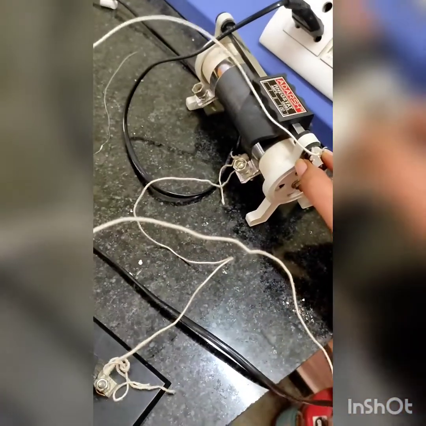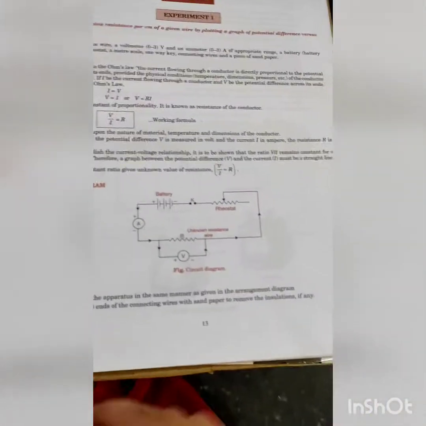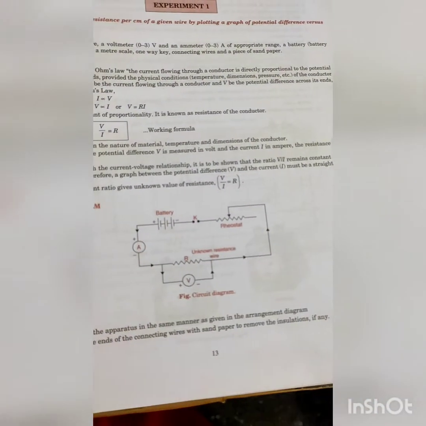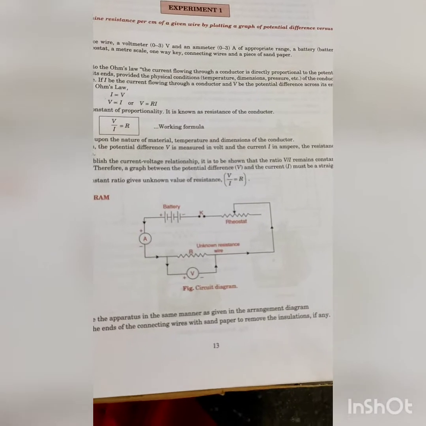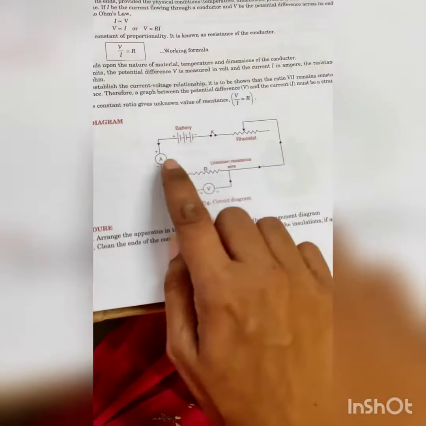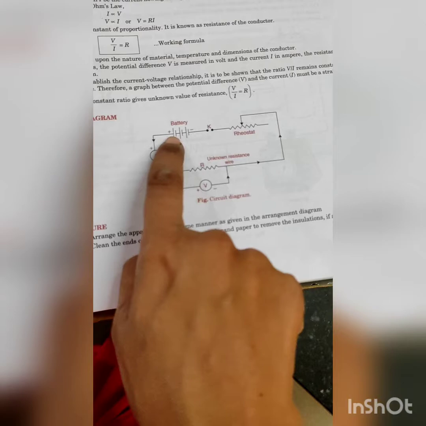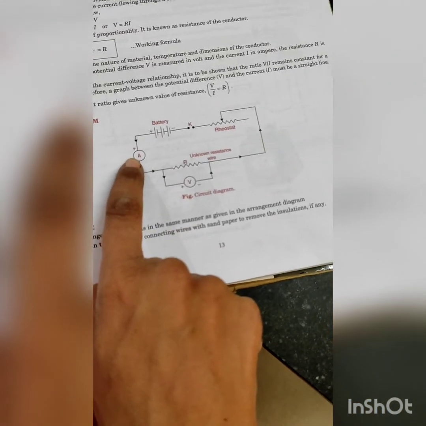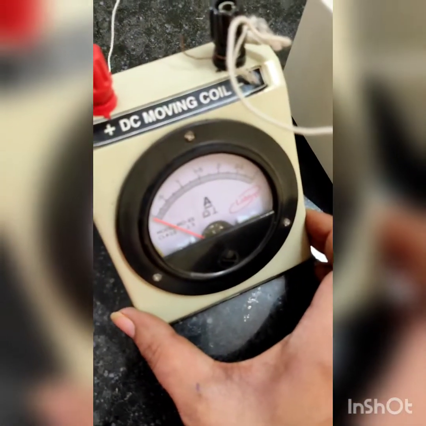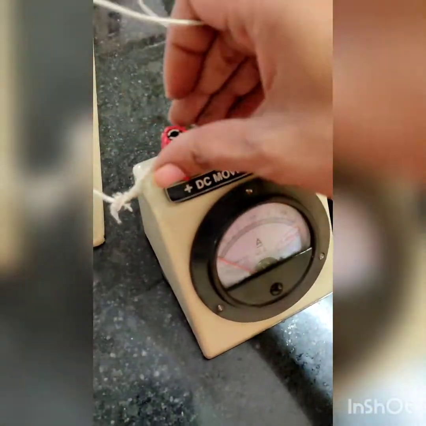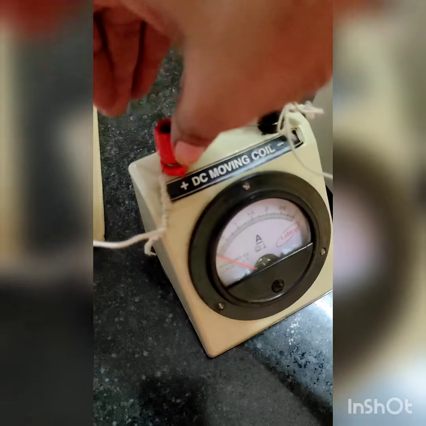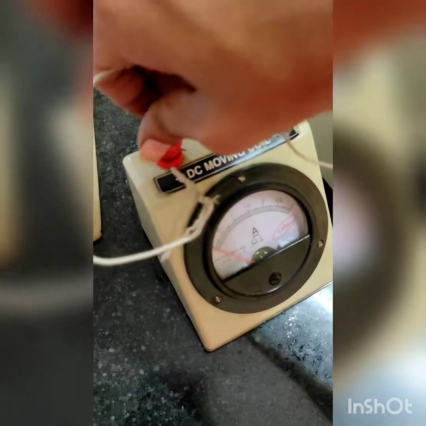Okay, now you will see the connection and we will be doing the connection. See here what is given: the battery eliminator is positive, and remember for any device the red will be the positive and black will be the negative. So here the positive terminal of the battery is connected to the ammeter's positive terminal. See, this is the ammeter and this is the positive terminal. You just have to loosen this positive terminal, tie the copper wire in it, and then tighten it.